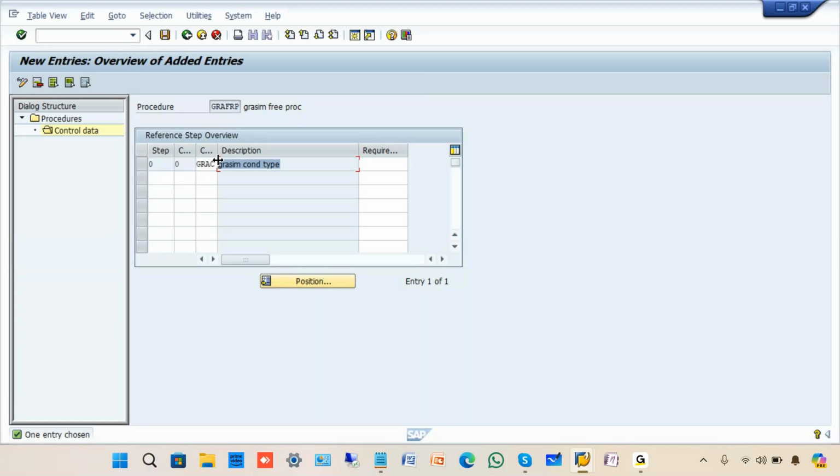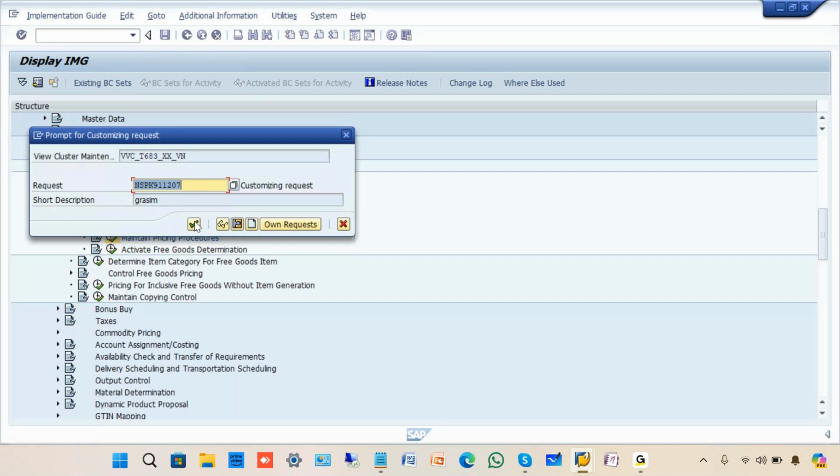So within our made procedure, our made condition type is connected. I'll save it. Continue. Back,